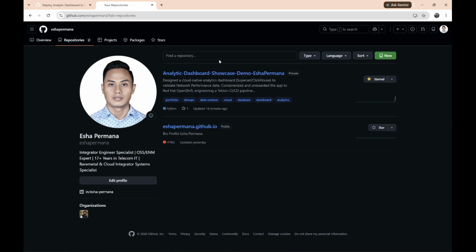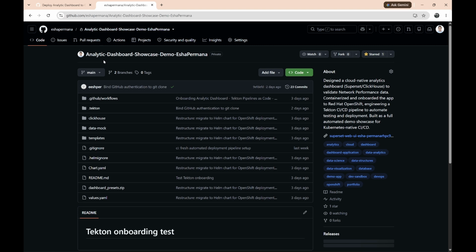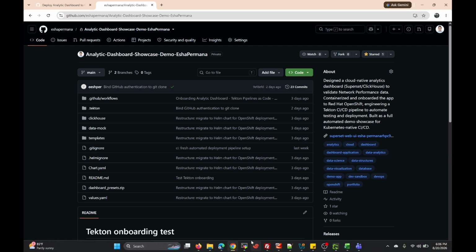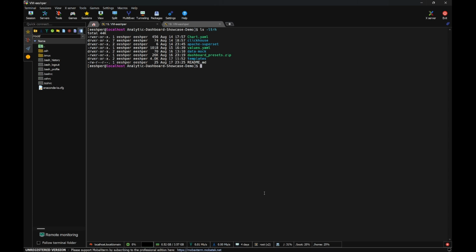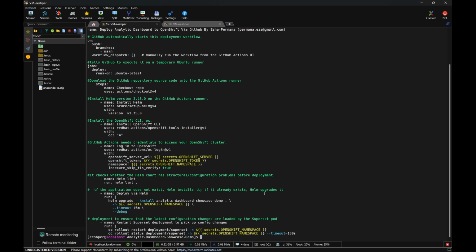I have created a repository named Analytic Dashboard Showcase Demo Esha Permana, and then don't forget to create a deployment template. This is my template.